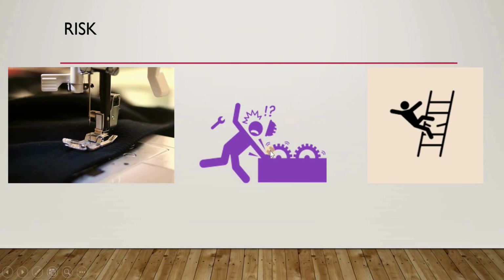In the second picture you can see that the worker is working with the machine and it hits his hand, then there is a hazardous event happening. Here you can see that a person or a worker is working on a ladder and the ladder breaks and the individual falls down from the ladder. So a hazardous event happened in that case. So these are all hazards in the workforce environment, and if one happens, it is basically a hazardous event.